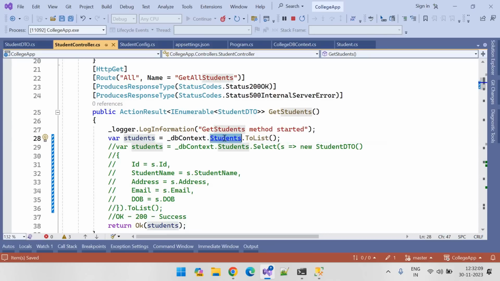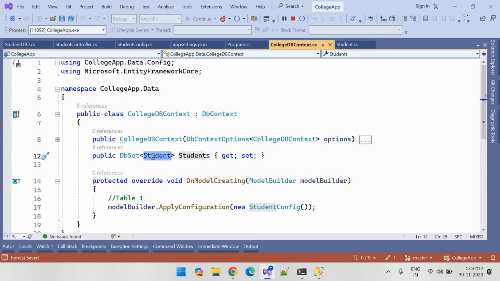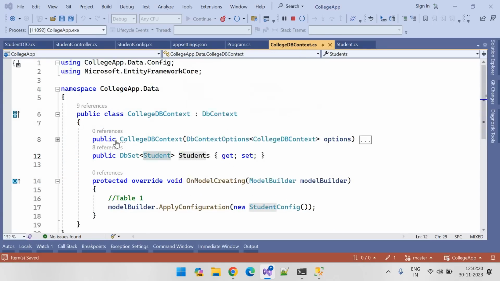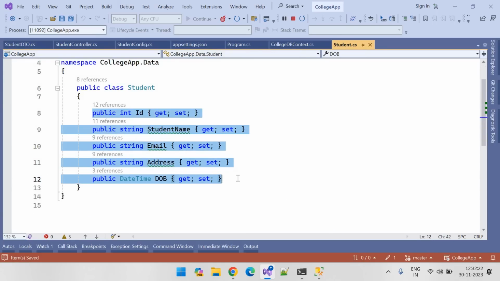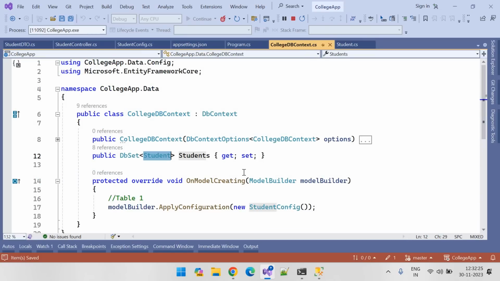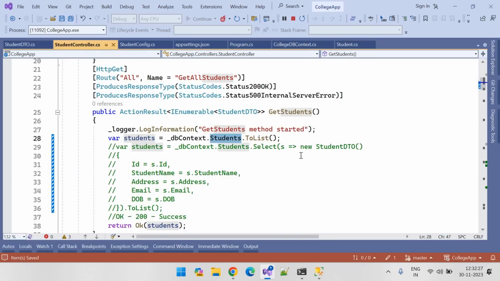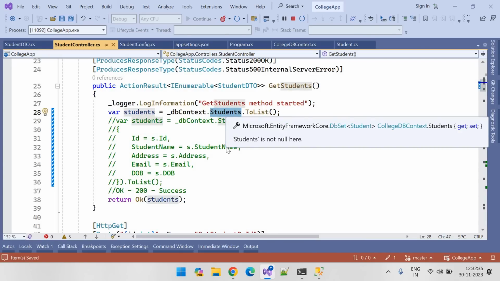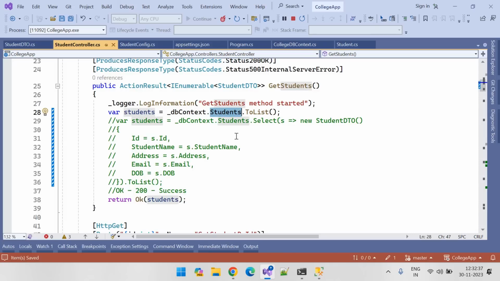Here you can see, this is the entity. If you do that, you will receive all these values directly from the database. If you don't want all these values, or if you want to manipulate some values, you need to use a model or DTO. So here is the DTO. If you don't want to read all the columns data inside the students table, and want to read particular columns, you need to use the DTOs. Let me comment this one,